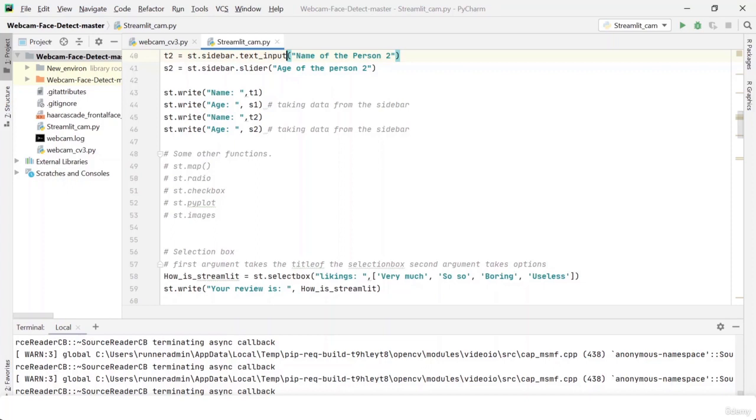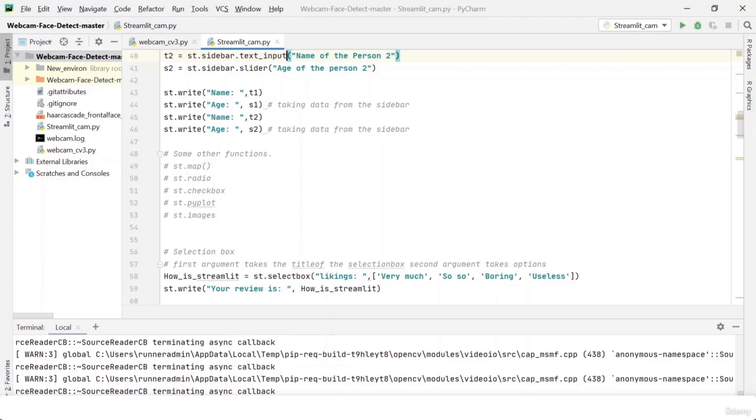Again, checkbox. It is really clear from the name itself what radio and checkbox are about. You can give the input in the form of a dictionary or a list for the radio and checkbox, and it builds you a radio button with all the options as the values in the list.